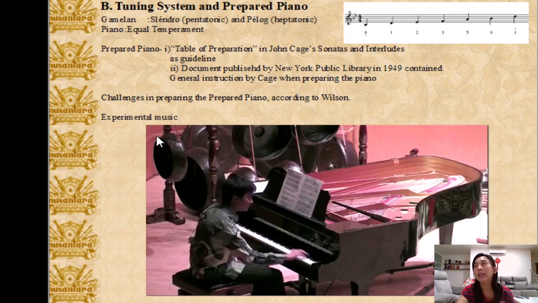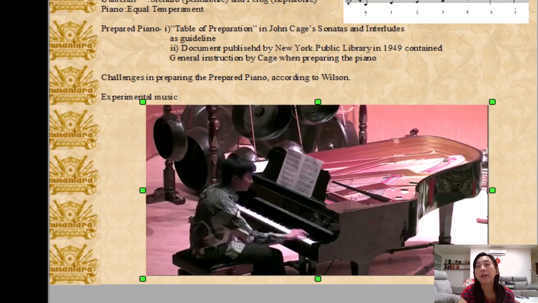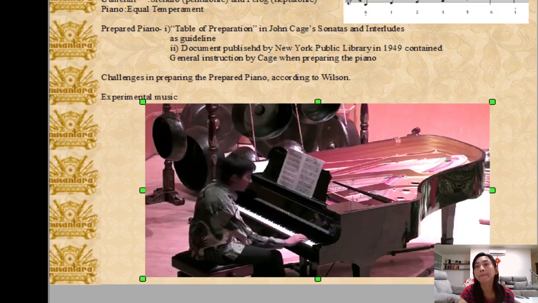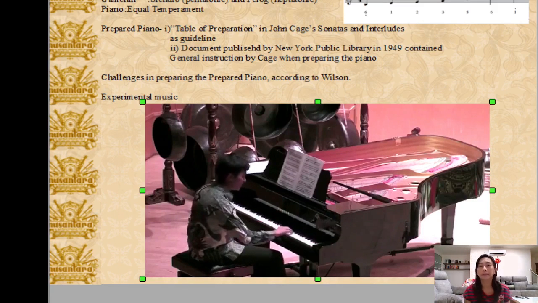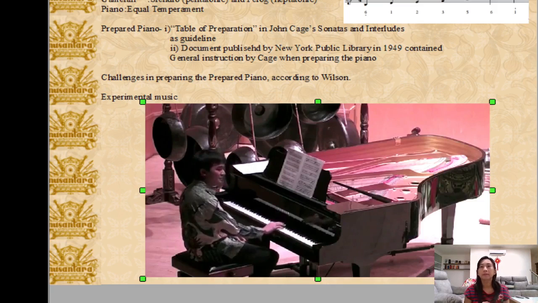So his advice for pianists is, it's just an experimental piece, so experiment with whatever you want, putting objects on the piano and getting the sound. So now I'm including the prepared piano sound by Wilson, and also a short performance clip by him, his solo improvisation on the prepared piano. Like this, the whole piano. So if I play from here,